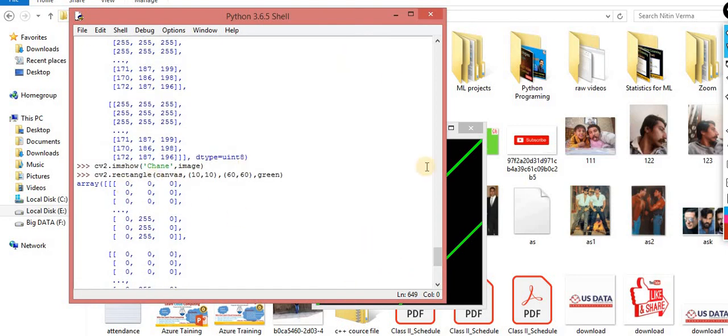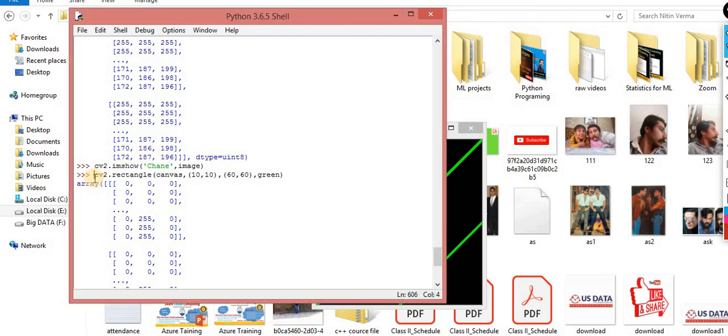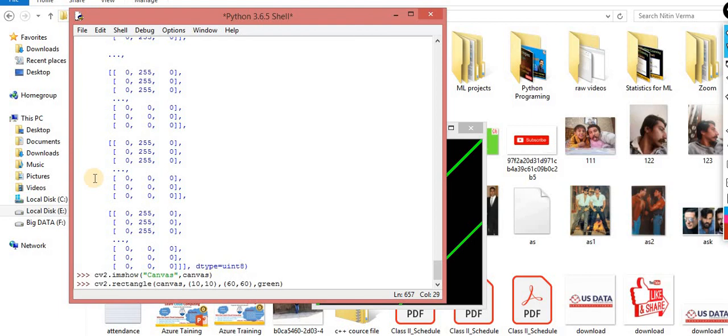For this point in time I am randomly generating it, but later on we will understand how exactly you can capture the face, because there is no direct method to capture the face. There is a Haar cascade that we will use later on. This time I am increasing the size: 20, 20 and here 80.